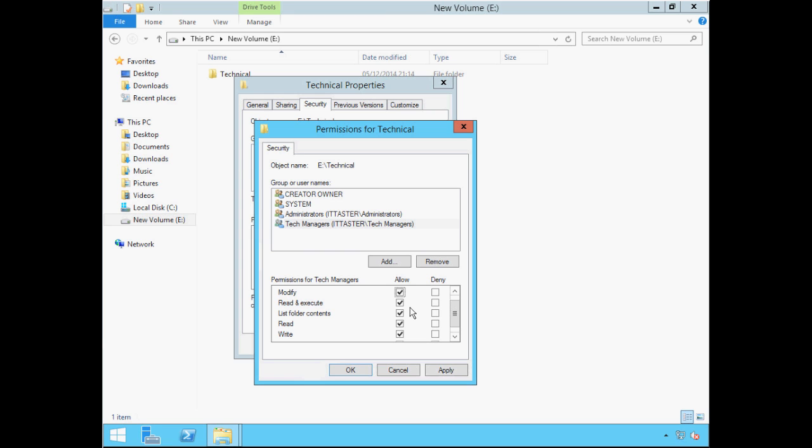Modify gives us write permission, read and execute permission, but we are now able to change files, modify them and delete files. When modify permissions are applied to a folder, the user or group can delete folders and create files within the folder, and they can also create subfolders.